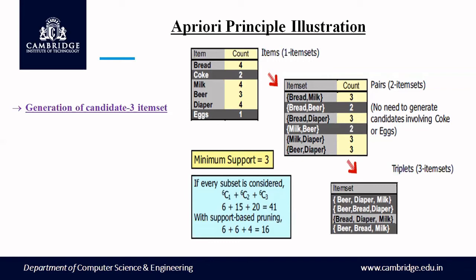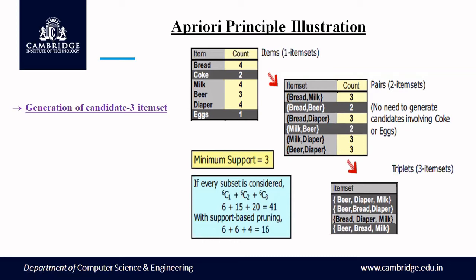That is nothing but level 3. So in level 3, we try to form candidate 3 item set using these combinations. So it is almost like bread, milk with beer and diaper. So bread, milk with beer and diaper. Similarly, bread, diaper with the other left out, milk, diaper with the other left out, and so on. So when we do this, after removing the redundancy, we get to know these are going to be the candidate 3 item set in level 3.